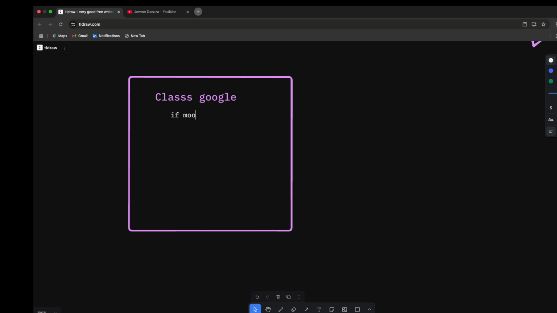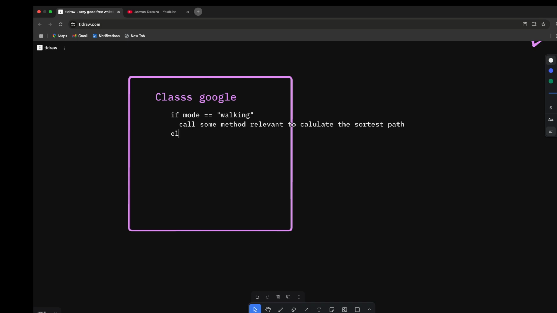If my mode is something, then I'm going to call some method relevant to calculate the distance and the shortest path. For example, if my mode is initially walking, then